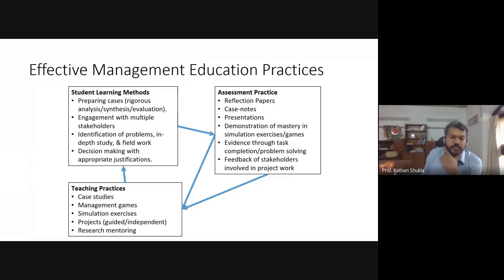And then sometimes in the field, problems are not given. You have to identify the problem. For example, in Professor Sonal's case currently, I had not said that this is the problem. You have to understand what the problem is, right? So that you also identify from the case itself.